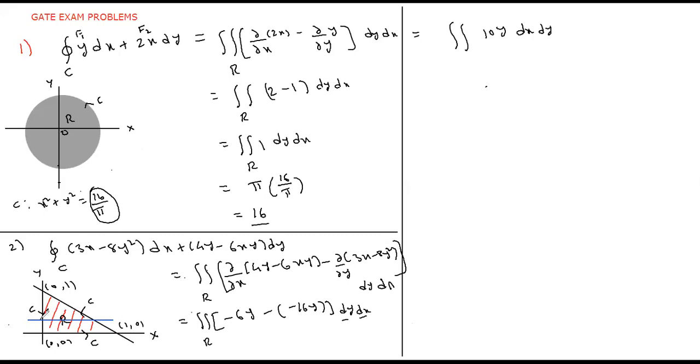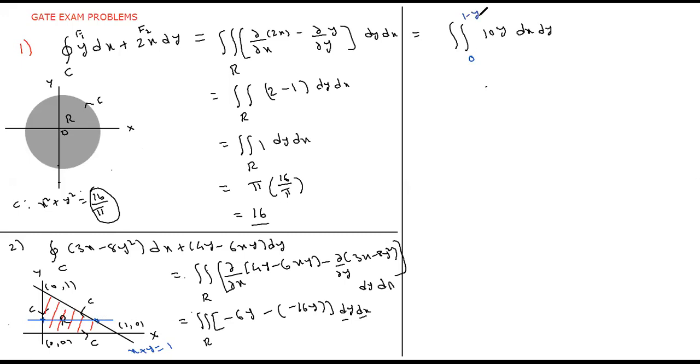What is this line equation? The x-intercept is 1, the y-intercept is 1, which means the line equation is x plus y equals 1. Do you agree? Yes, sir. It is entering through the y-axis, which means the x value is going to be 0. X varies from 0 to, on this line, what is the x value?